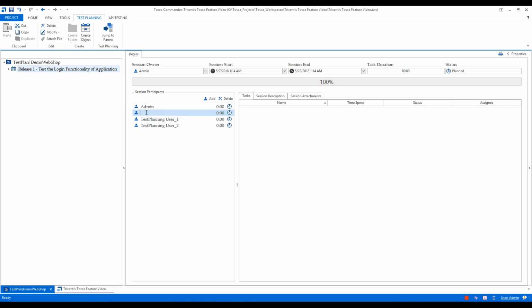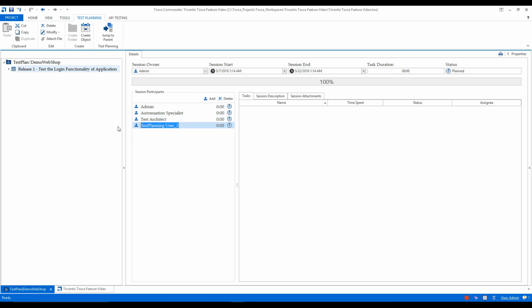So as you can see, we have given the three names at the user management. One was test architect, one was the automation specialist, and just now we created the IT admin. So here in the session participants, there is one feature. If we start writing the name, let's say automation, once I type the A, from the drop down, whatever the users you defined at the user management would be populated here. So you can select from there itself, test architect,